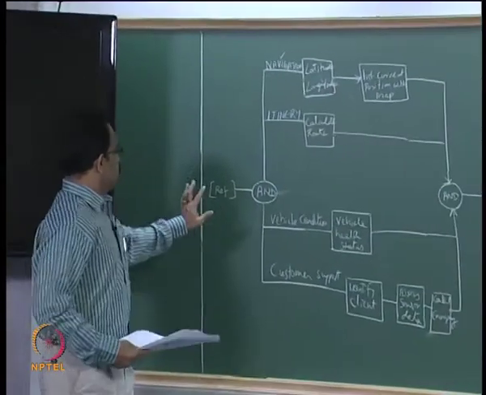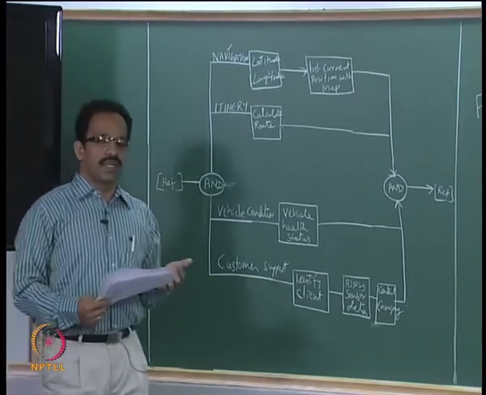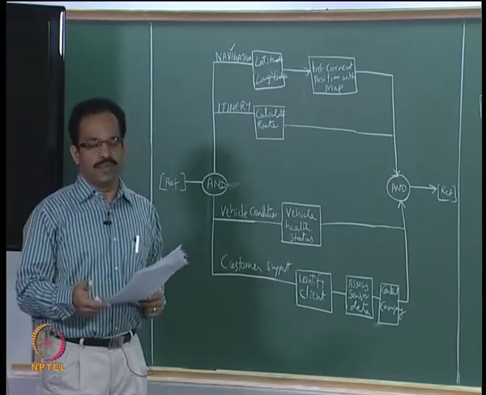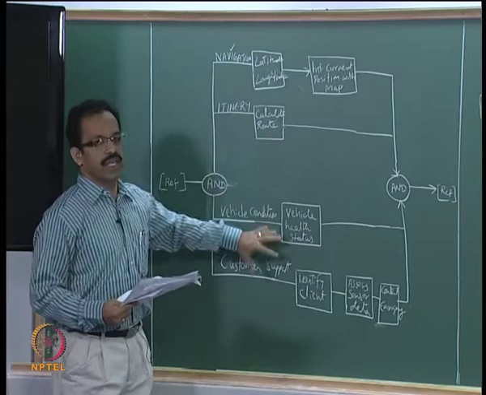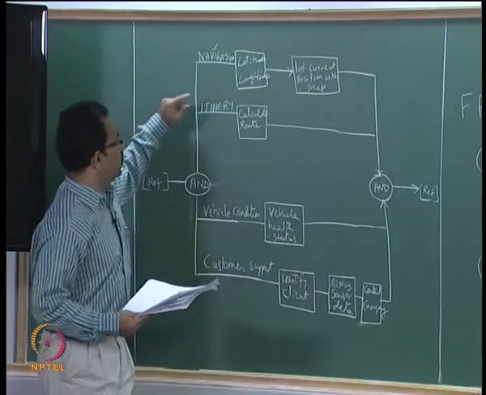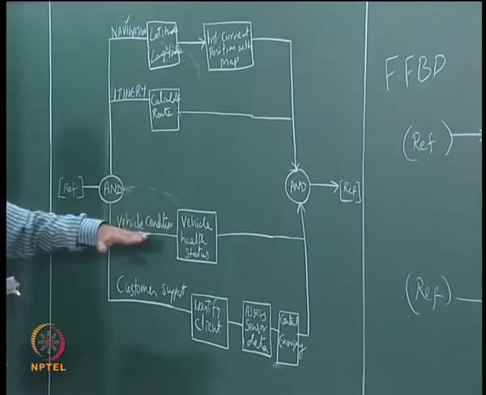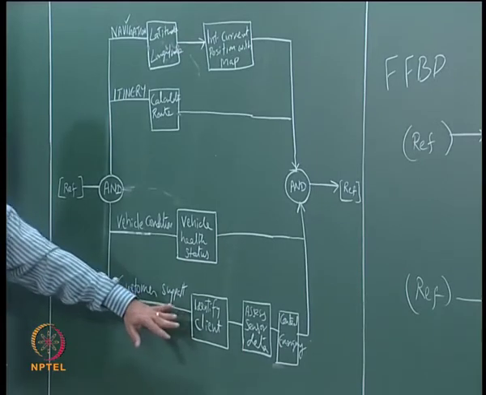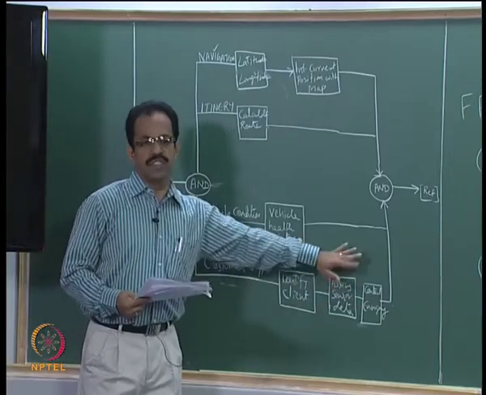So here you can see, in this case the AutoLink system, a customer or a driver wants to get some assistance from the AutoLink system for his navigation purpose or his emergency response, whatever the situation is. In this case the AutoLink system should execute all these functions in a concurrent way, then only will the system be able to provide the necessary output. So the functions to be provided are the navigation assistance, the itinerary especially to calculate the route, the condition of the vehicle, whether the vehicle is in good condition, and then the customer support in various ways, like whether the client is an authorized person, whether all the data systems are functioning properly, and whether the emergency service can be provided.